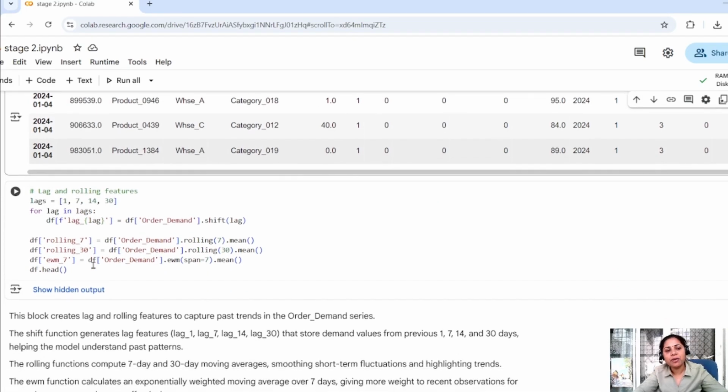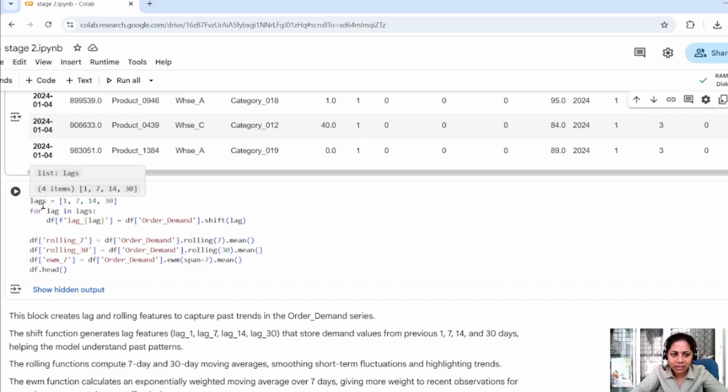And then we have important features like lag or rolling features. Lag means we'll make a list of lags like 1, 7, 14, 30. Let me tell you that 1 means the previous value, which we take as the present lag, and 7 means the last 7 days, where we take the mean of those 7 days. 14 means the mean average value of the previous 14 days, which we take as the lag for the present one. For 30 means the last 30 days, whatever values we have, that average we take as the mean